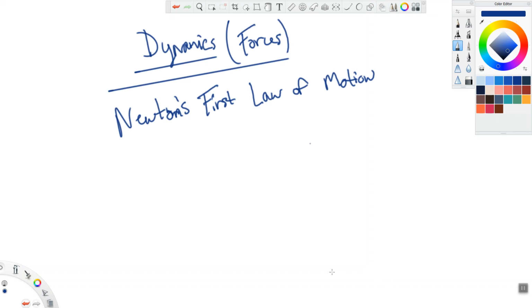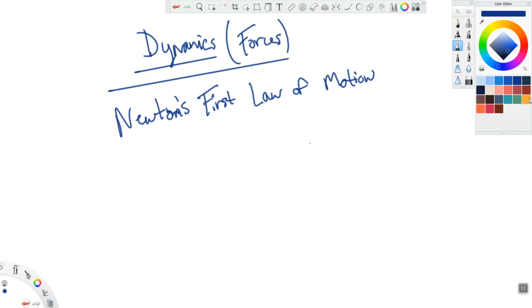Alrighty, first thing we're going to talk about is Newton's first law of motion. He has 3 laws of motion that we've covered so far. We're going to discover more as the class goes on. However, we're going to talk about Newton's first law of motion. And that's that an object at rest stays at rest, an object in motion stays in motion unless acted on by an outside force. That's a really way we can simplify that by saying one of 2 scenarios are going